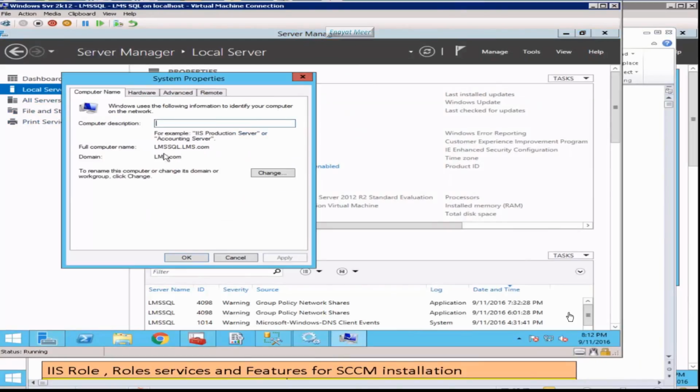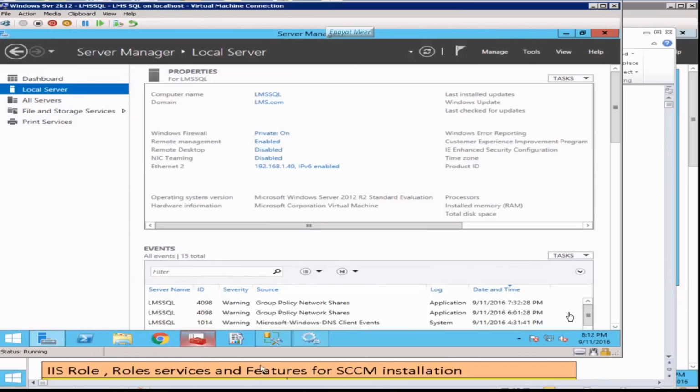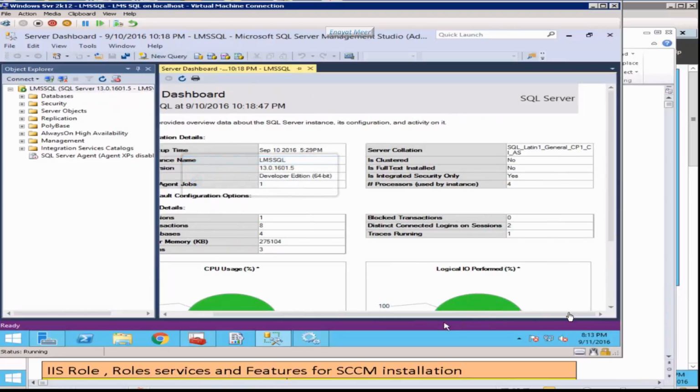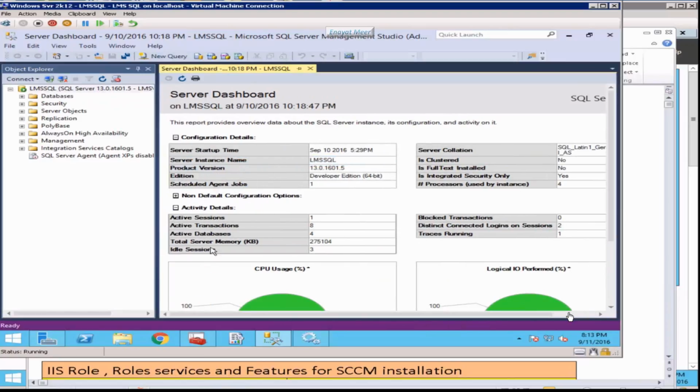This is my SQL server, which is a member of the lms.com domain. Here I am running SQL 2016 development edition, and you will see it in my upcoming videos which I'm preparing right now for SCCM 2016, where I'm also using SQL Server 2016 development edition.